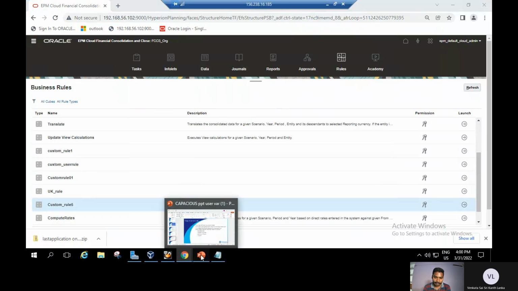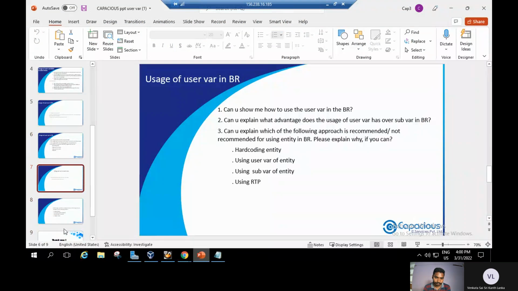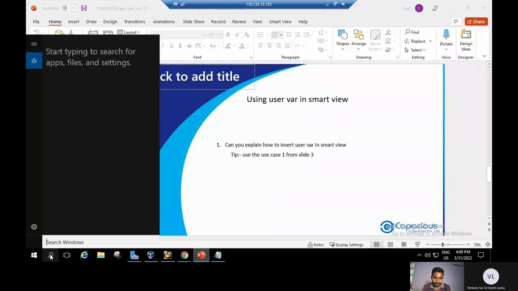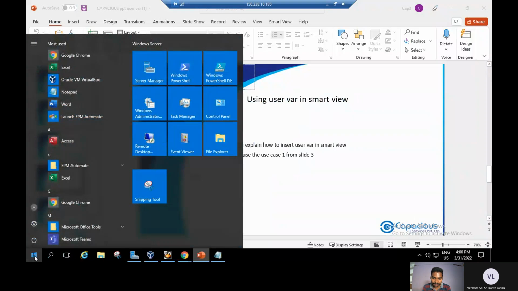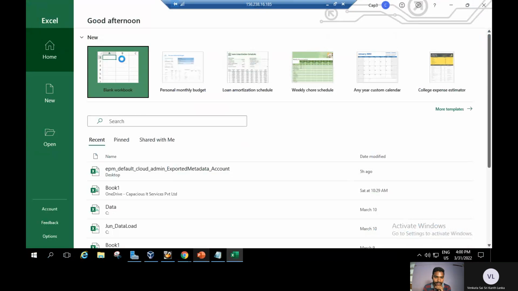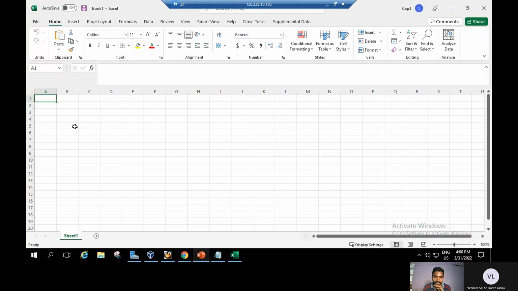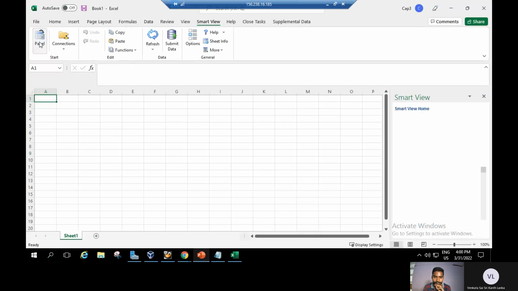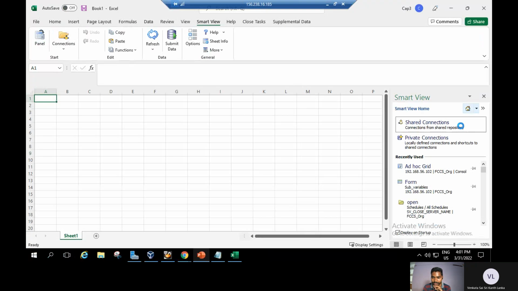Now coming to the slides. In this slide we will see how to use the user variables in Smart View. The question is, can you explain how to insert a user variable from Smart View, from case 1 on slide 3? Now I'm taking a blank Excel worksheet. Now click on Smart View and click on panel. Under shared connections,